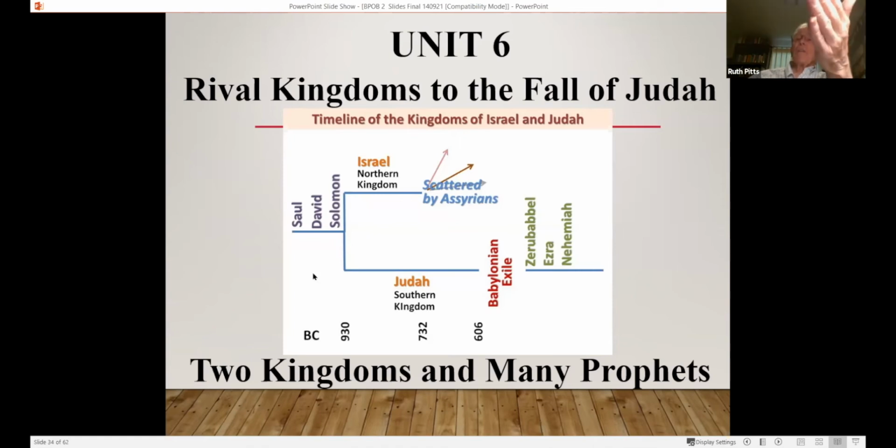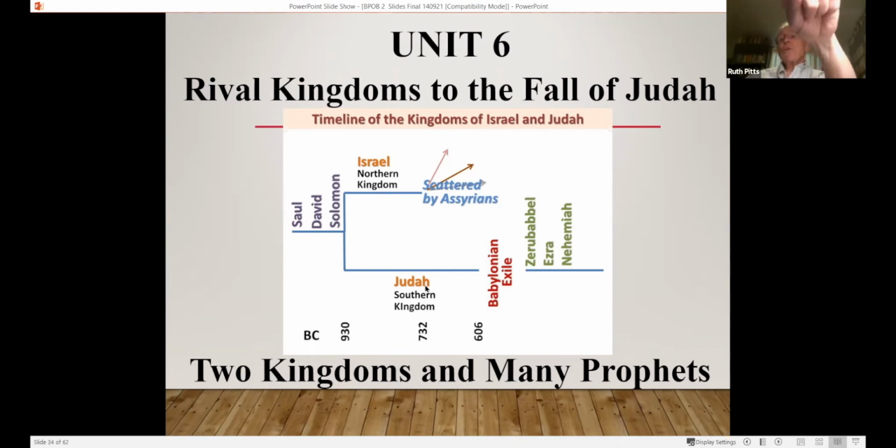You see on the left, Saul, David, Solomon, that's the United Kingdom. Now, in about 922, you're going to have a division. Israel, now the language gets messed up here for us. If you think about Israel up here as Ephraim and Manasseh and all those to the north, but the language in the Bible can be confusing, because now we're going to talk about the 10 northern tribes. That's Israel. And then Judah is 2 tribes in the south.